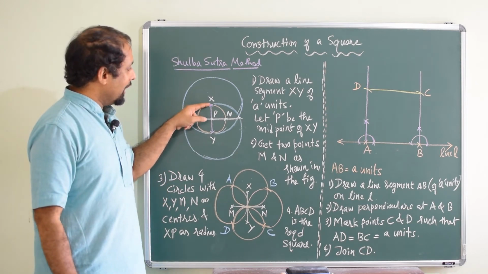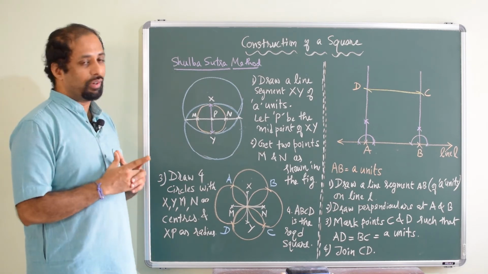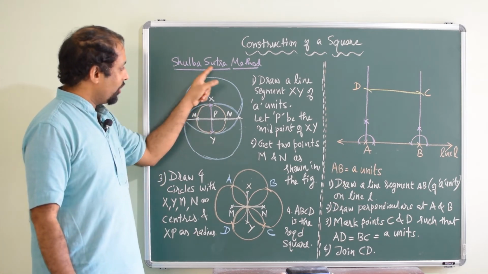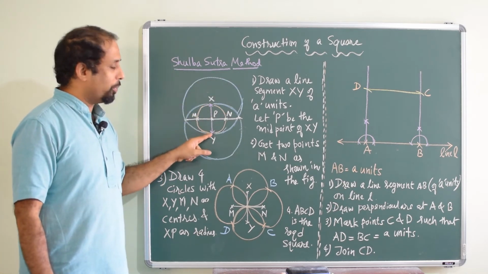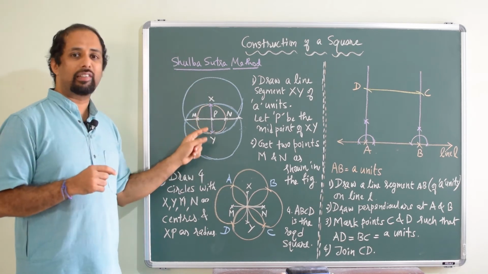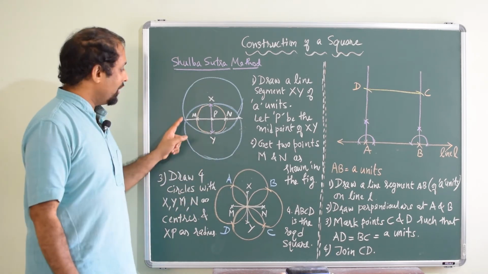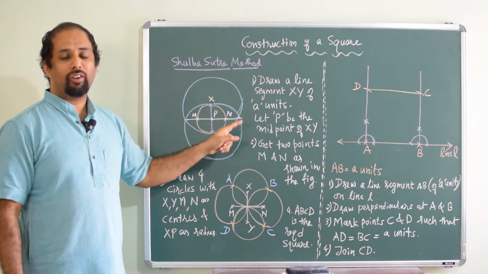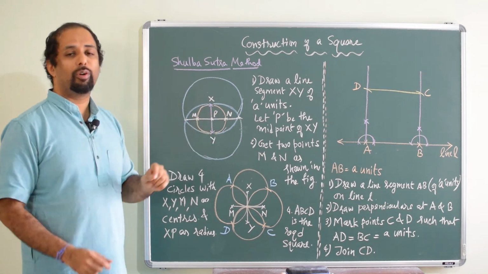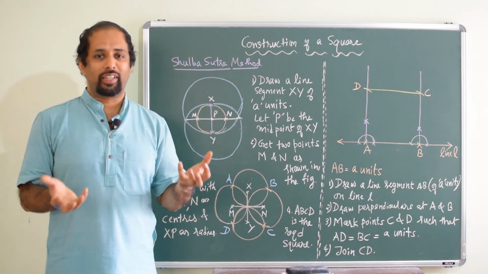Now again keeping X and Y as the centers, we are going to draw 2 more circles whose radii are XY. Keep X as the center and XY as the radius, draw one circle. Similarly, keeping Y as the center and XY as the radius, draw one circle. So these 2 circles are congruent, they have equal radius. So they will be cutting each other at 2 points. If you join these 2 points, it is the common chord for these 2 circles, and that common chord will be cutting the inner circle at 2 more points M and N. Once you get these points M and N, your 90% of the work is done.